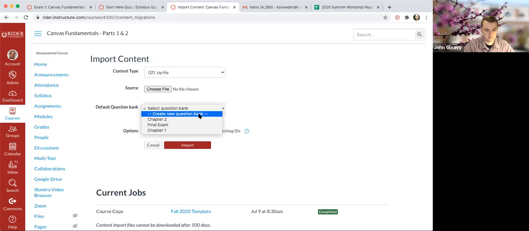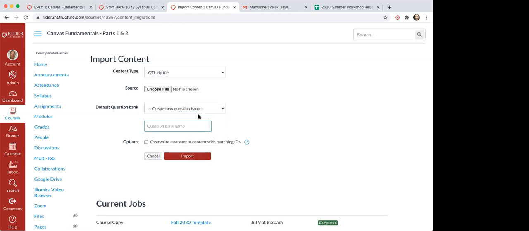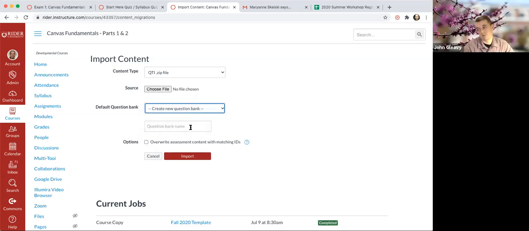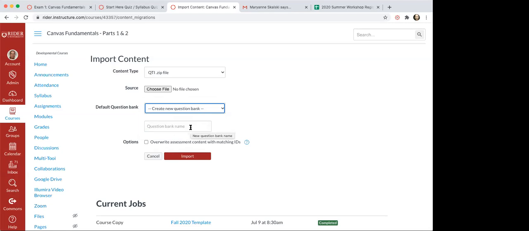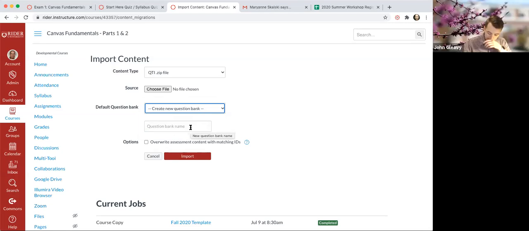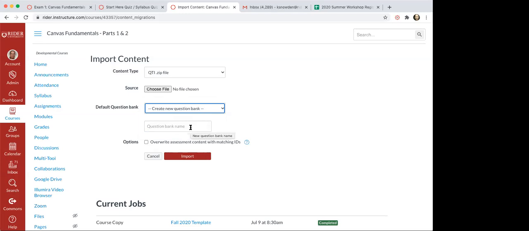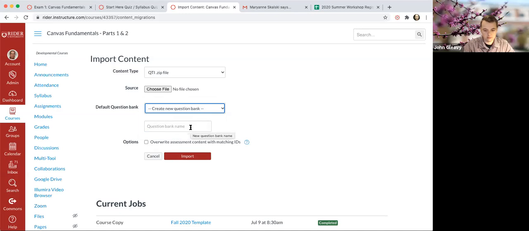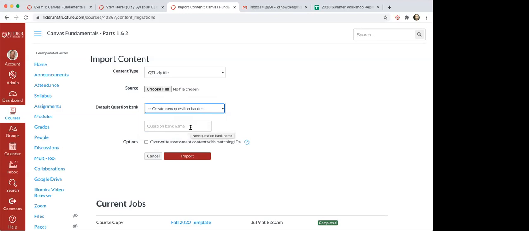And so when it pulls those questions in, it will automatically store them in the new question banks based on the information in the import file. If there are multiple chapters, it will create a new bank for each chapter. So it will not just dump them all into one question bank. It will create a chapter 1, a chapter 2, a chapter 3